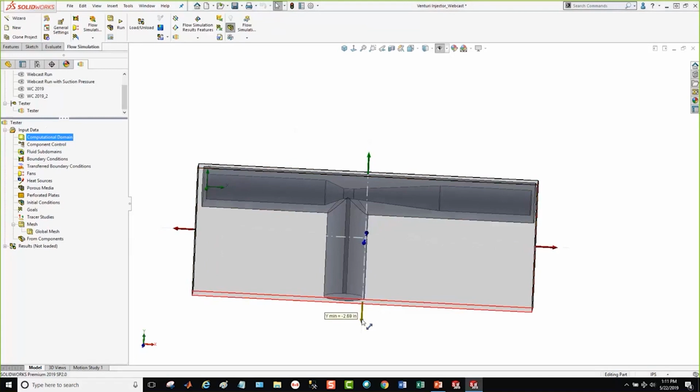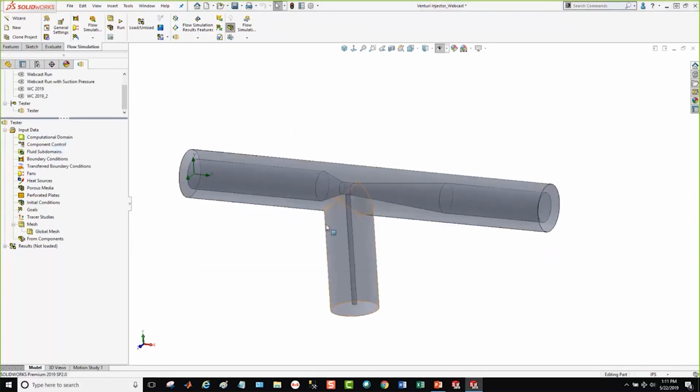In this case, I'll just stretch it out just to prove that you can actually move it. I'm going to go ahead and hide this now, so it's not seen in the model space here. And the next thing I'm going to do is go down in the listing there of the SimFlow study tree there,